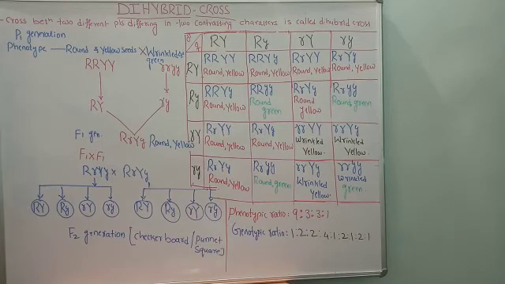So at the end of this cross, we have to mention the phenotype, not only the phenotypic ratio, and even the type of the seeds, the plant, we have to mention. That is, the phenotype also we have to mention here. So 9 are round and yellow. I have not written it, but you should write. 9 are round and yellow, 3 are round and green, and 3 are wrinkled and yellow, and 1 is wrinkled and green. And lastly, we have to write the genotypic ratio.